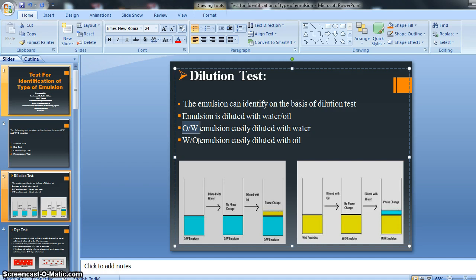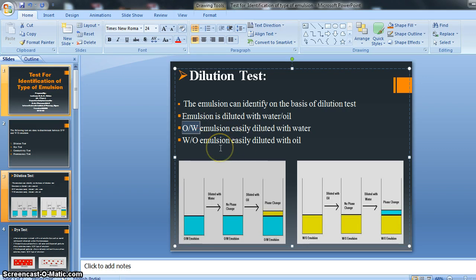If we dilute the emulsion with water and our emulsion does not break, then we conclude that our preparation is OW type, that is oil in water type.